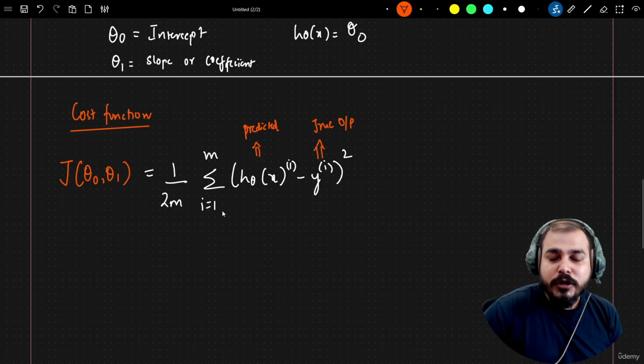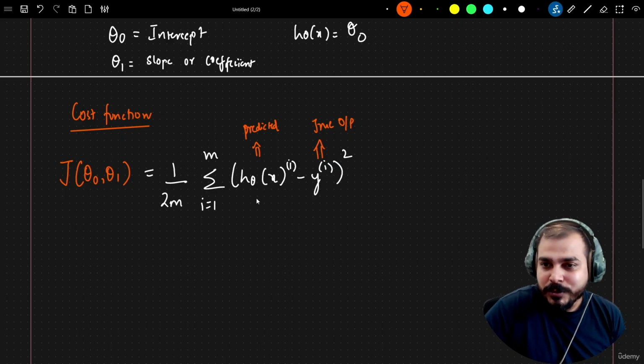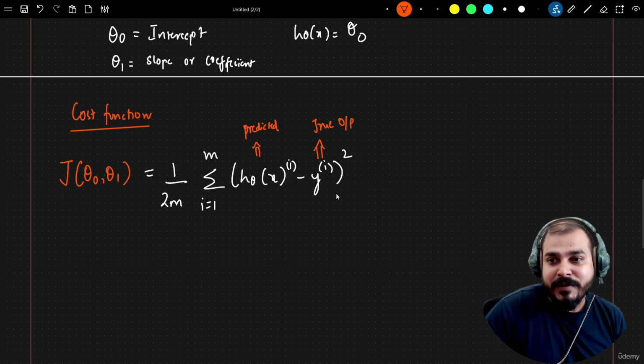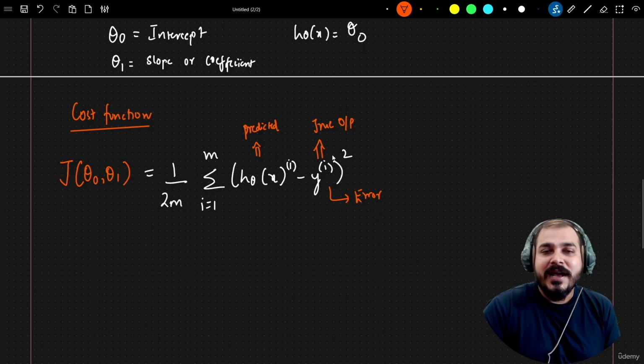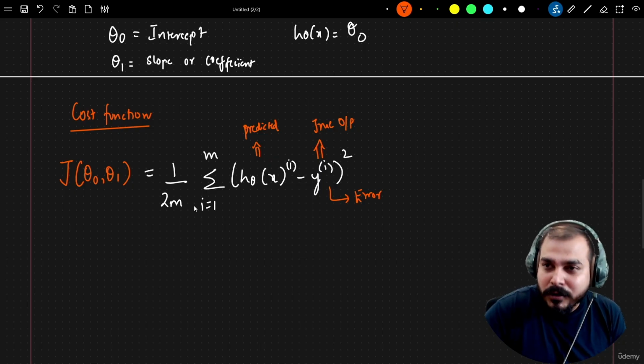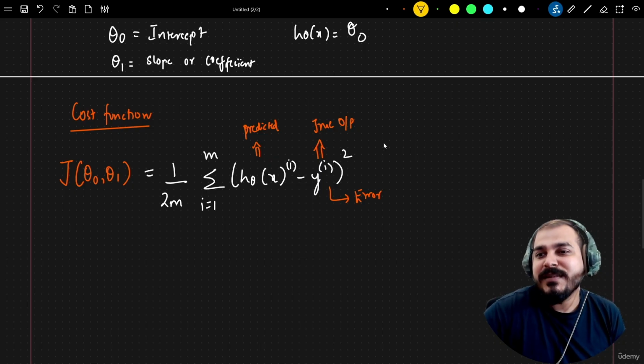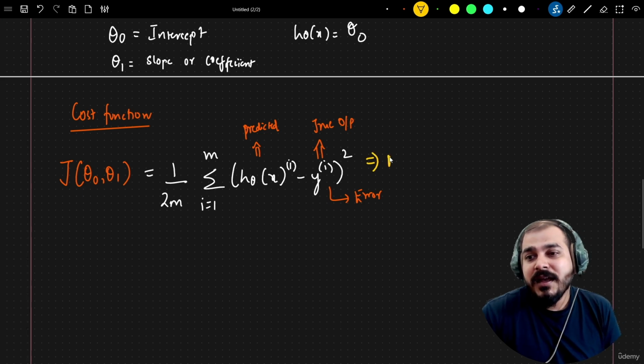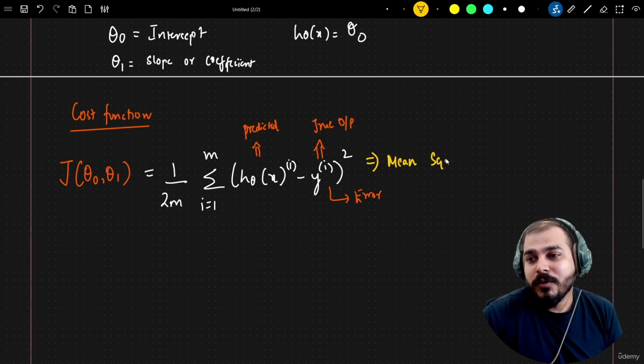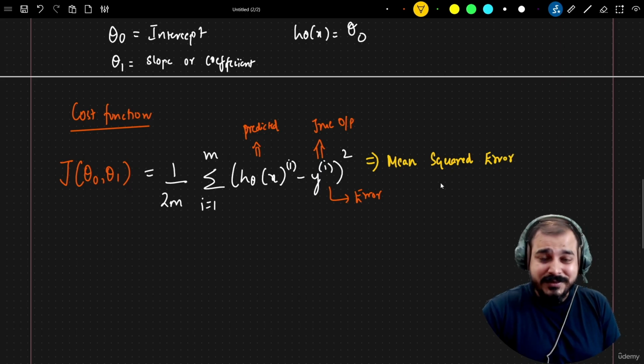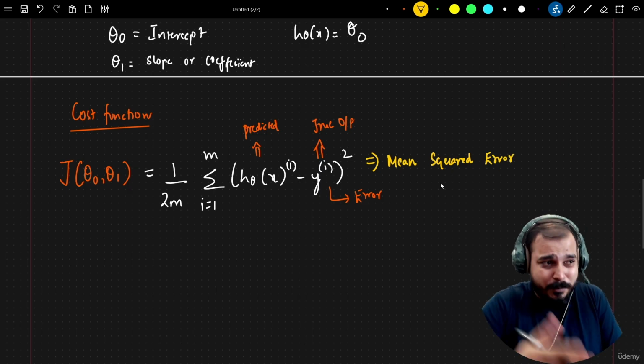When we do the subtraction, we get the error value. The reason we are squaring it is that this cost function is called mean squared error. There are a lot of advantages of using mean squared error, which we will probably discuss